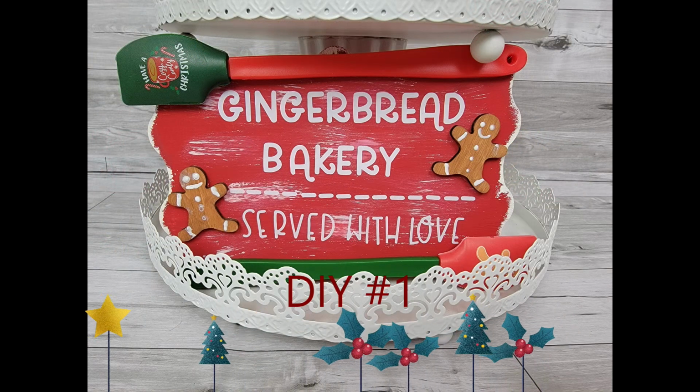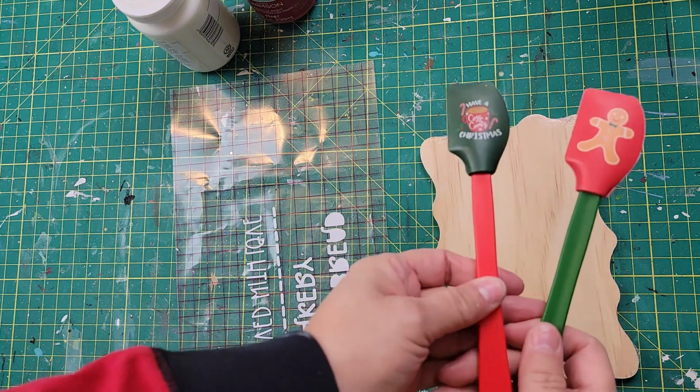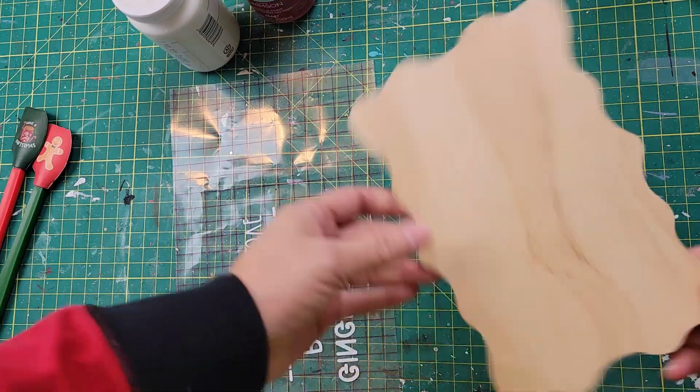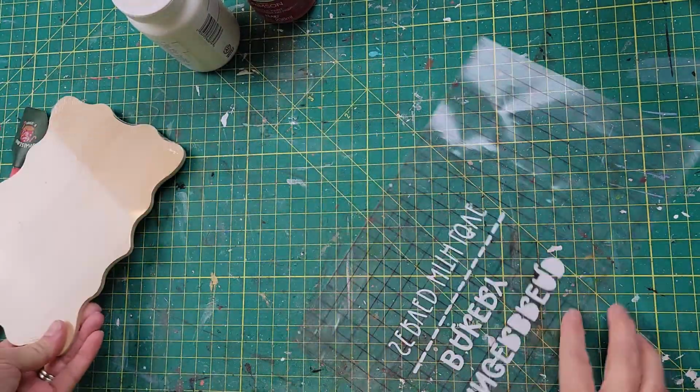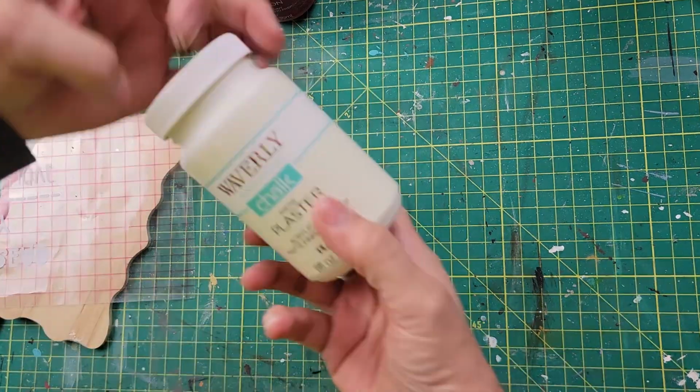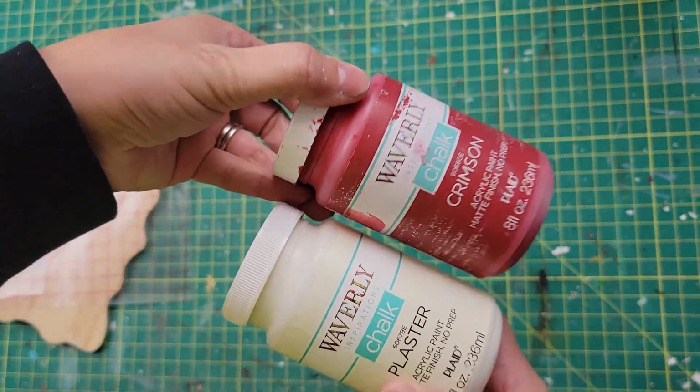Okay, here's DIY number 1. For this DIY, I started out with these 2 spatulas. They came as a set, so 2 for 1, and that was from Dollar Tree. I got that plaque from Dollar Tree. I created a decal on my Cricut, and then I'm using Waverly Chalk Paint in the color Plaster and the